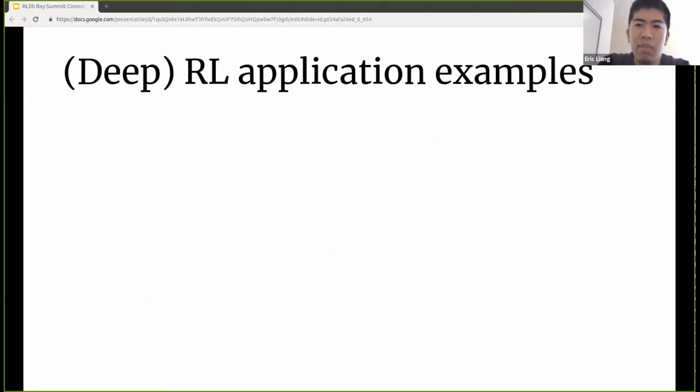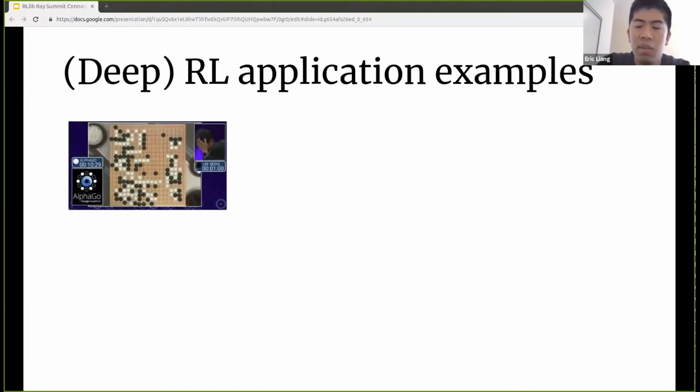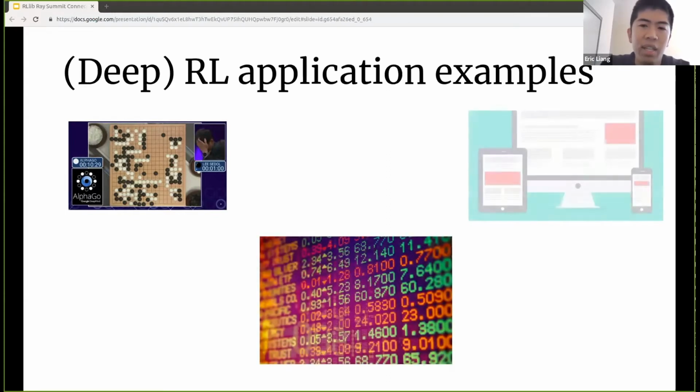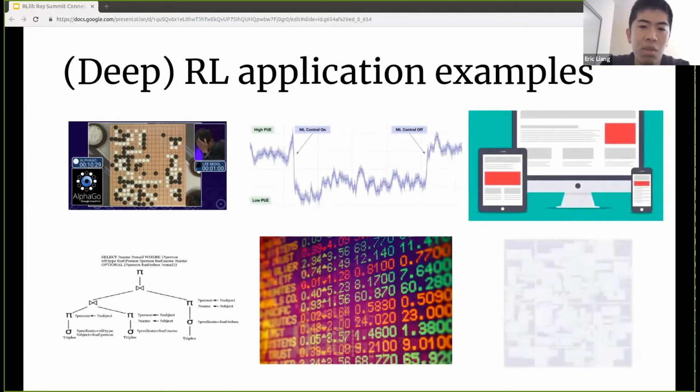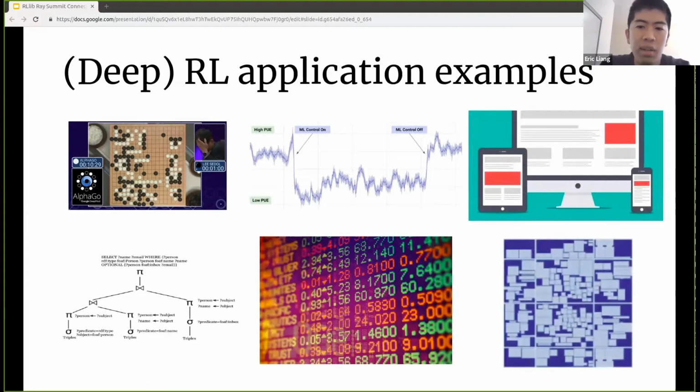Reinforcement learning itself is a very old field in computer science, but it's only relatively recently that it's actually started working really well for applications. And this is because it's been combined with deep learning. I think one of the first successes in deep RL is, of course, AlphaGo, which you probably know about, where DeepMind's agent achieves superhuman performance in Go by leveraging reinforcement learning. RL has found many other applications since then, including e-trading, online advertising, database query optimization, systems control, circuit layout, and many others besides this.